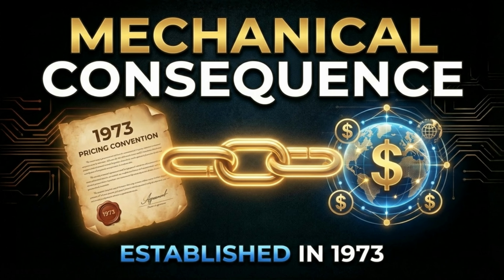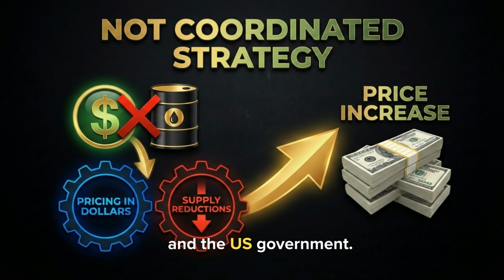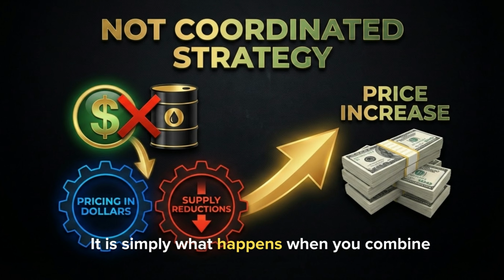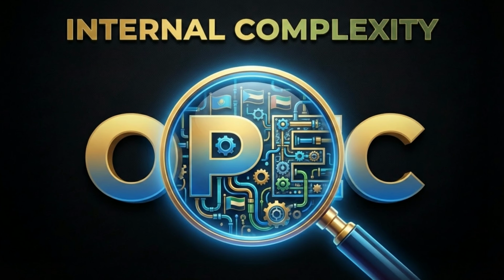This is a mechanical consequence of the pricing convention established in 1973. It is not a coordinated strategy between OPEC and the US government. It is simply what happens when you combine pricing in dollars with price increases driven by supply reductions. And this is directly connected to what we need to examine next, which is the internal complexity within OPEC that